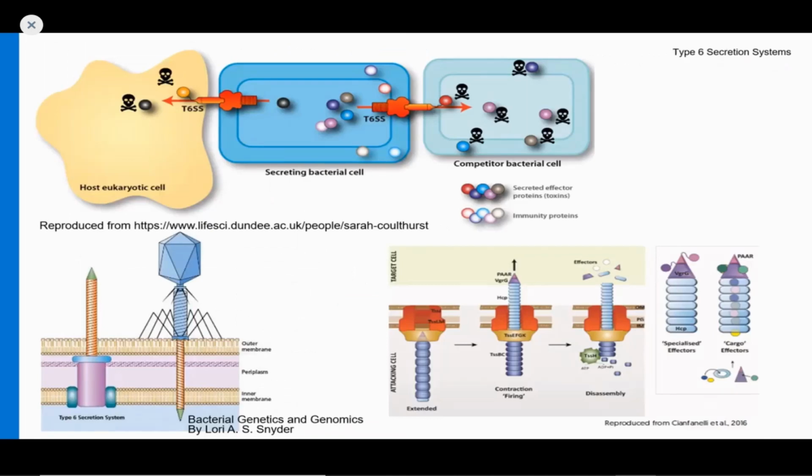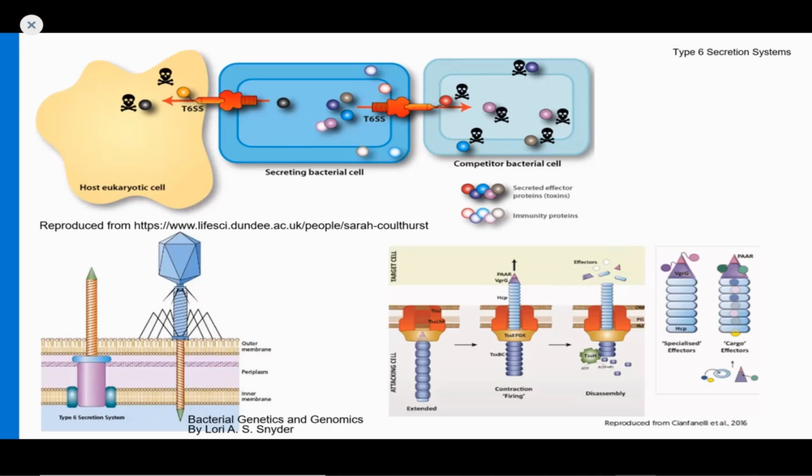So we started looking at the data, and what we found first were some regions of difference between our 4 isolates. So we wanted to investigate those regions of difference. And in one of those regions of difference, we found something exciting. We found a type 6 secretion system. And this was actually the first type 6 secretion system fully identified in a Neisseria species. So that was very exciting for us because it was the first one completely identified, and we actually worked with Sarah Coulthurst's group to make sure that we got the complete system there,